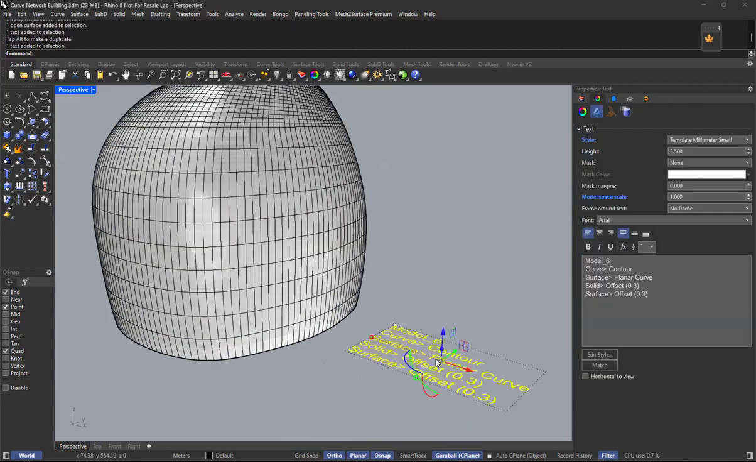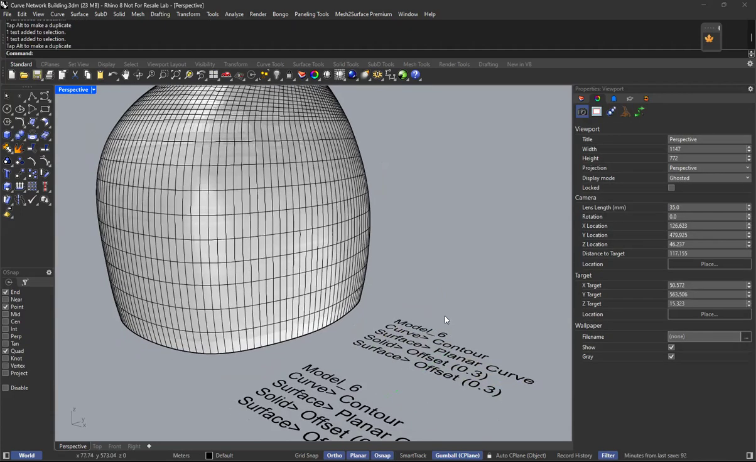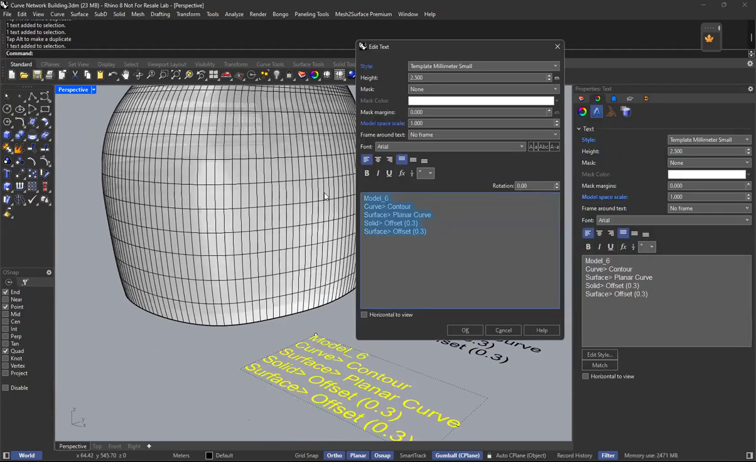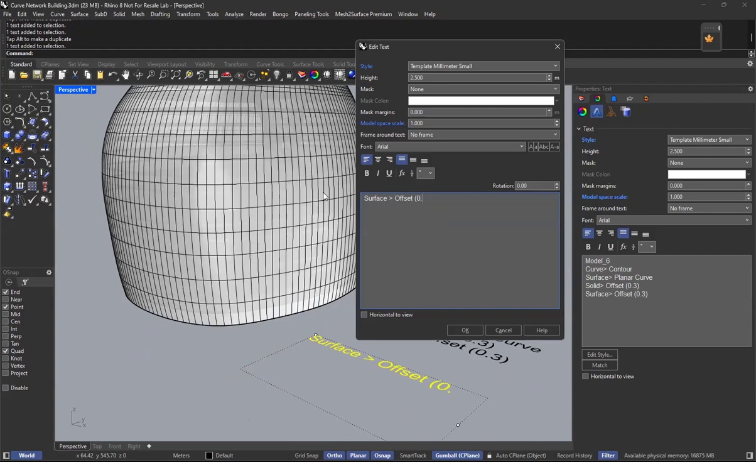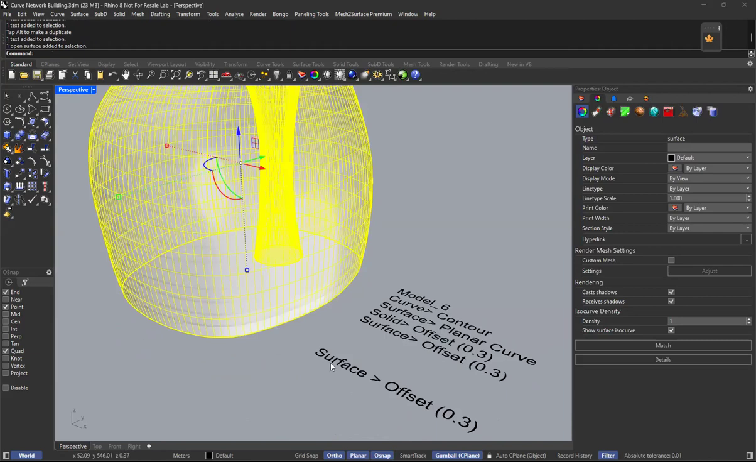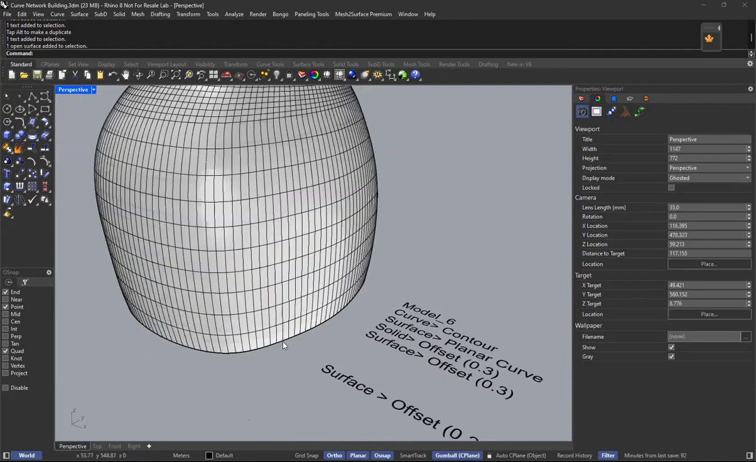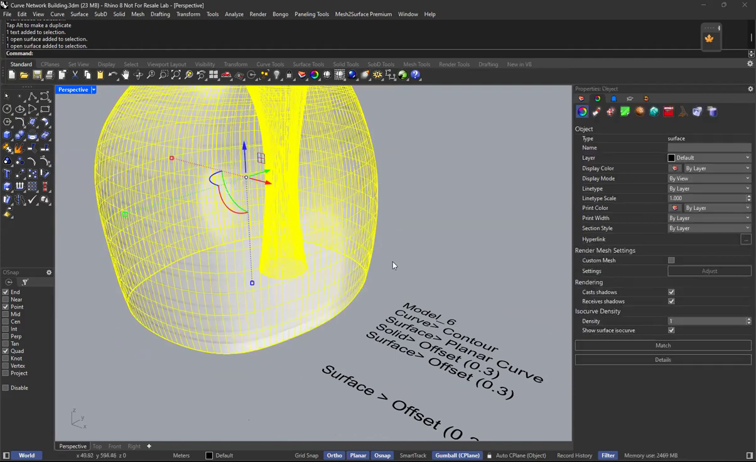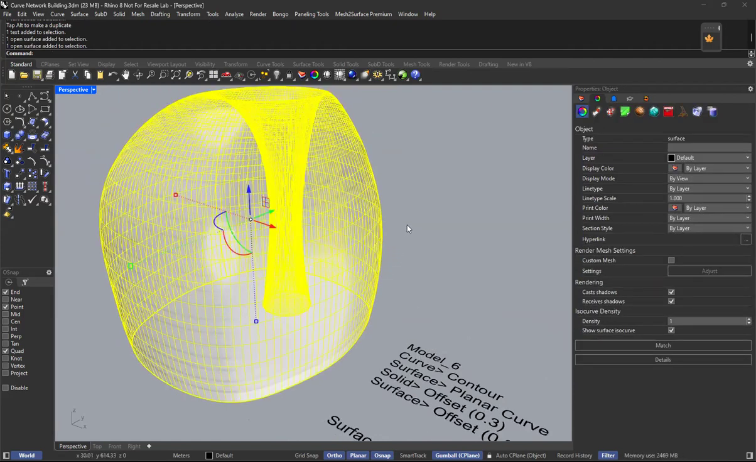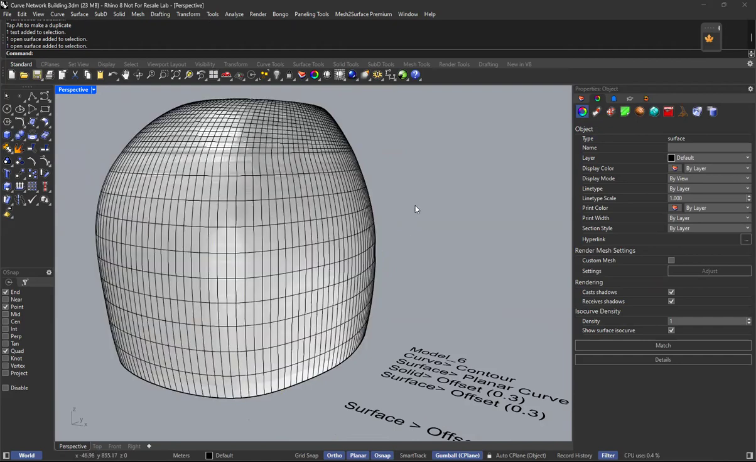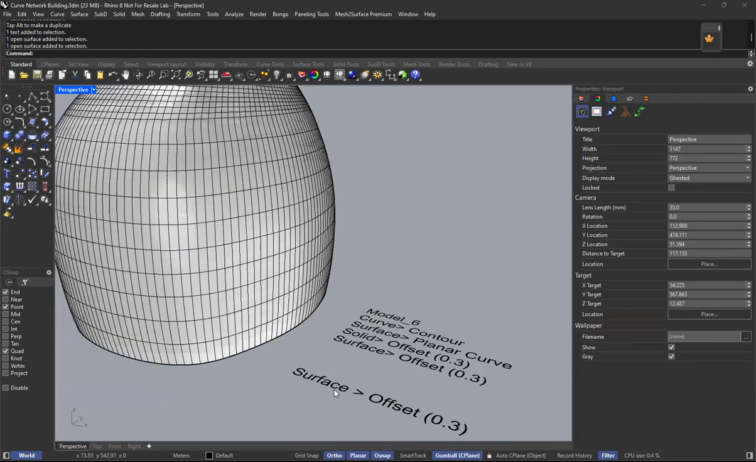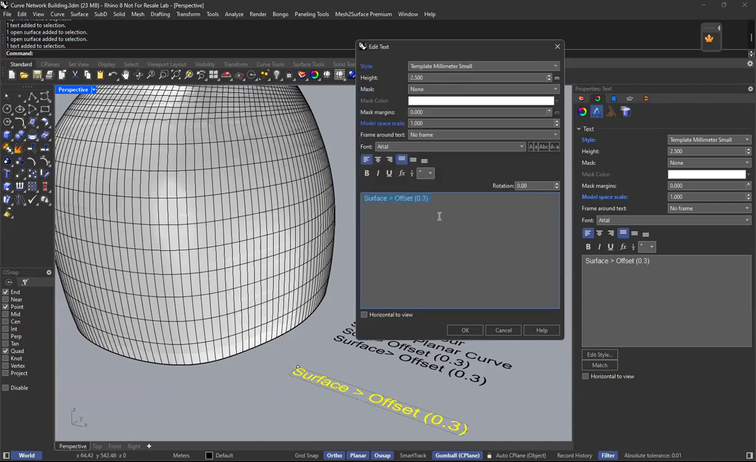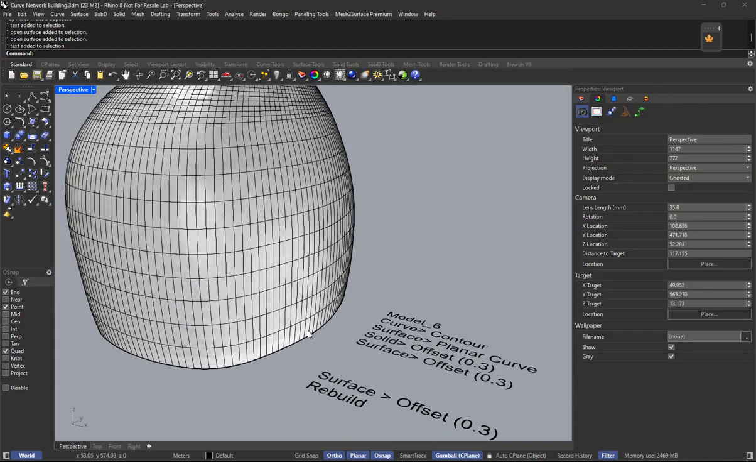Okay, next, excuse me, I'm gonna copy this. Now we have done a surface and offset 0.3. Okay, we've done a surface, which is this surface 0.3, and then we are going to convert this. We're not going to use the surface, this one, we're going to use it as a separate panel. So we're going to rebuild this surface. Okay, so rebuild. You can either type rebuild again,